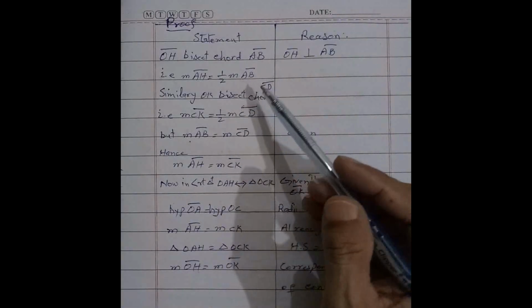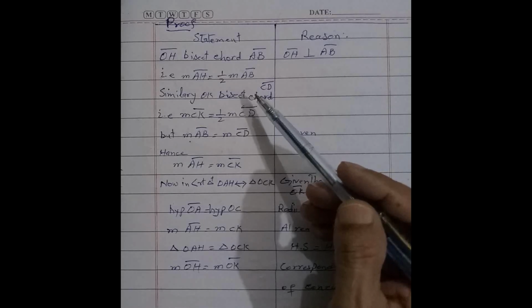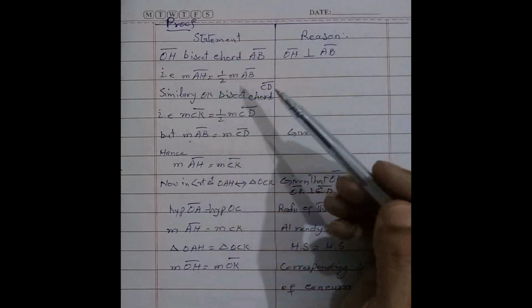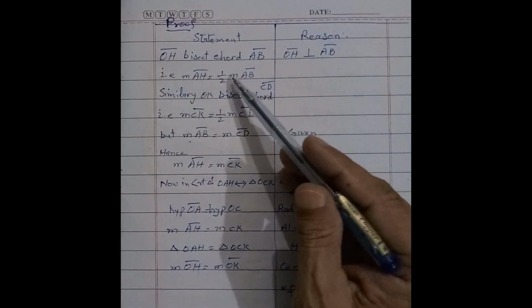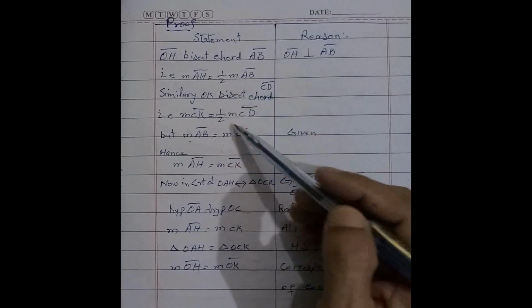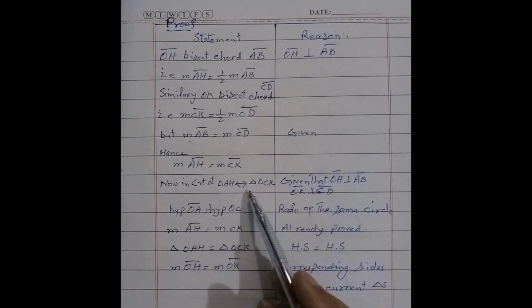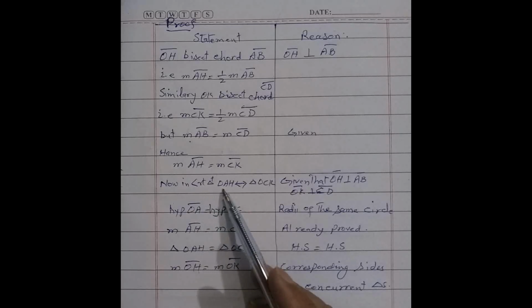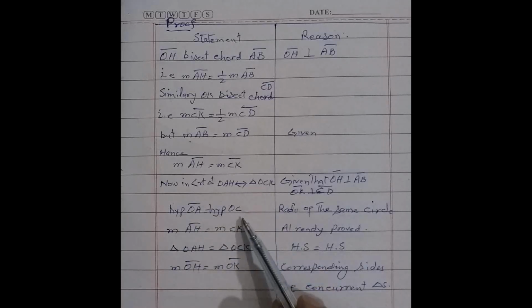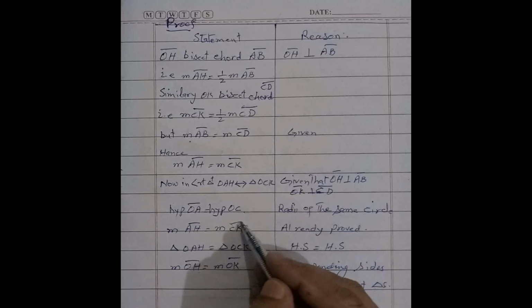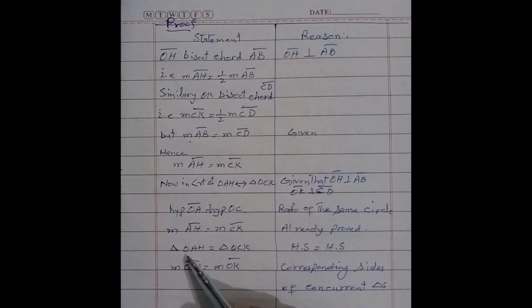And as we discussed earlier, AH is equal to CK. So 1/2 the measure of AB is equal to 1/2 the measure of CD. And hence the right triangle OAH is congruent to OCK, by hypothesis OA is equal to OC and the measure of AH is equal to CK. And triangle OAH is congruent to OCK. And so